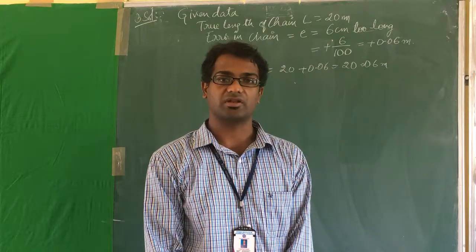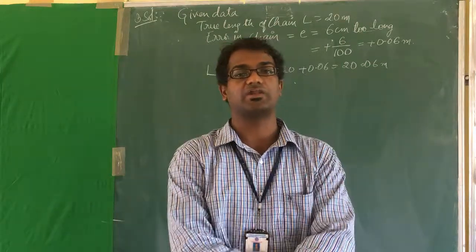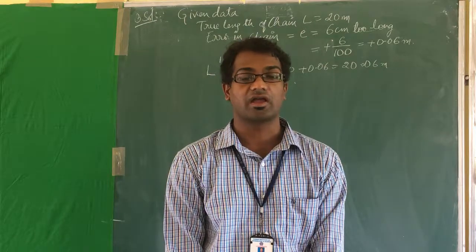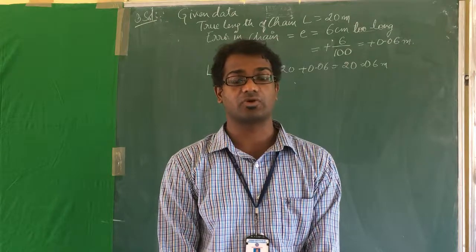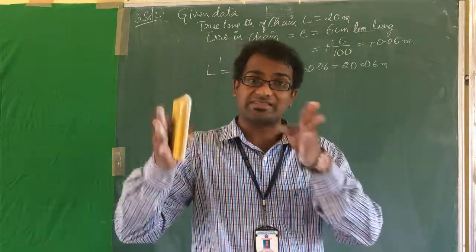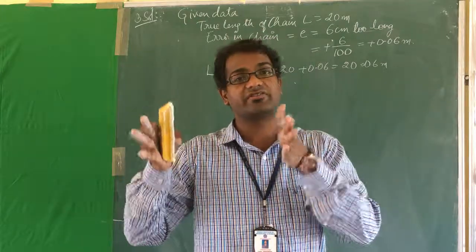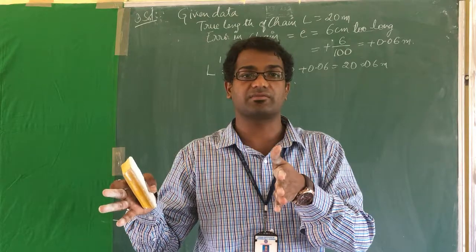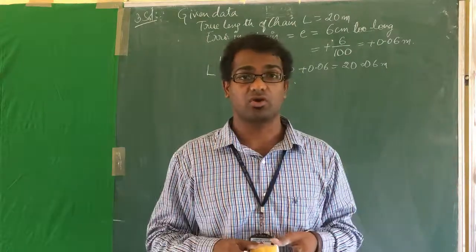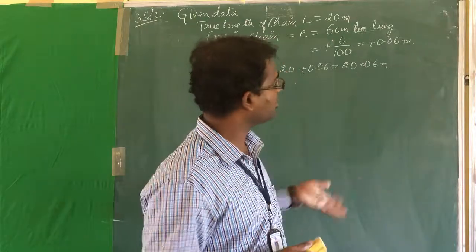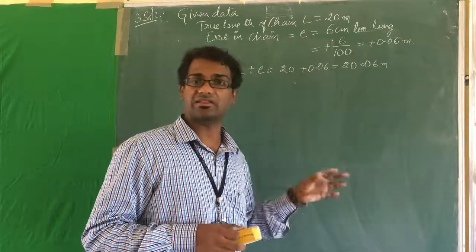Now there is a problem in it, right? After chaining 900 meters, it was found that it is 6 centimeters too long. And after chaining 1575, the chain was found to be 14 centimeters too long. So the same chain is used to measure the entire distance. For the first part, it is 6 centimeters long, and for the second part, it was found to be 14 centimeters too long. So we will divide the problem by considering the average of errors rather than taking the individual errors.